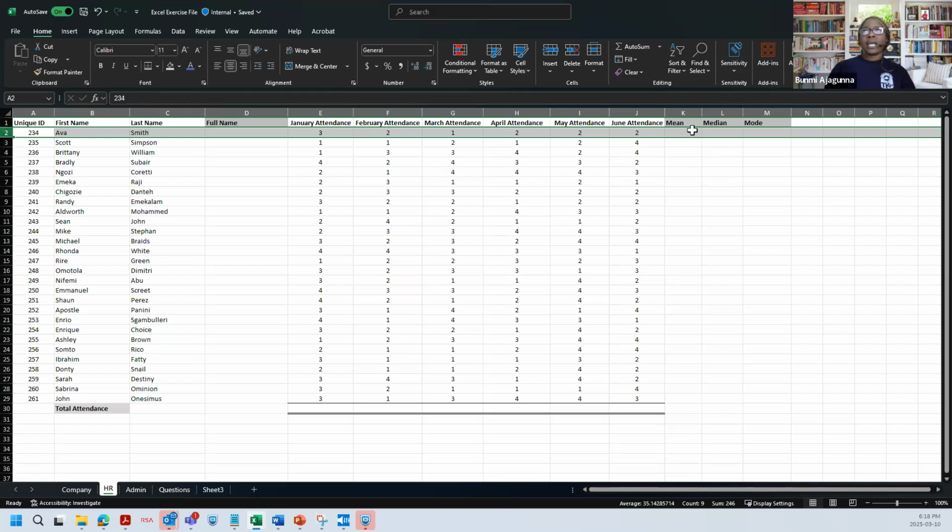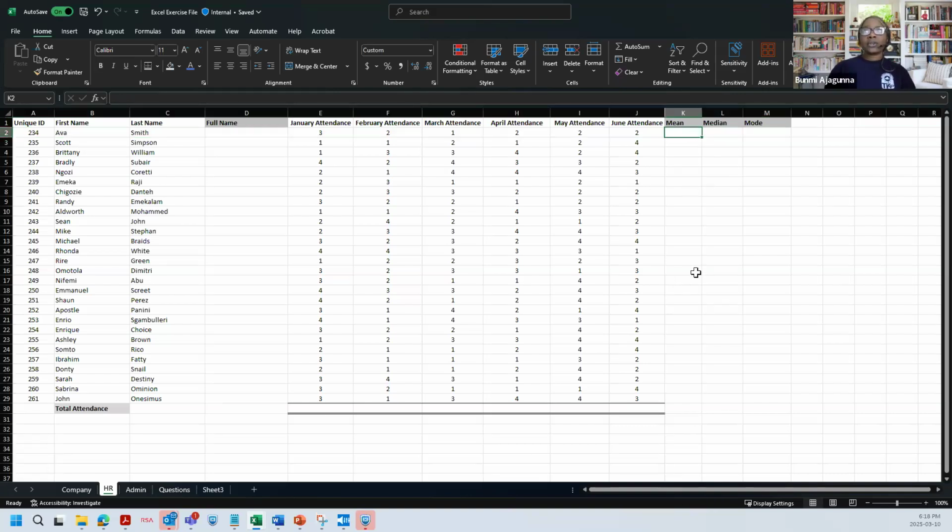So that's K2. And sometimes you might not know what cell you're in, but there is an identifier up on the top left right here that shows where you are. So this is identifying K2, but if I click elsewhere, it's identifying where I am. It has changed to M15. So wherever you click, the quick identifier is up on the top left there. So we go back to cell K2 and then we put in our formula.